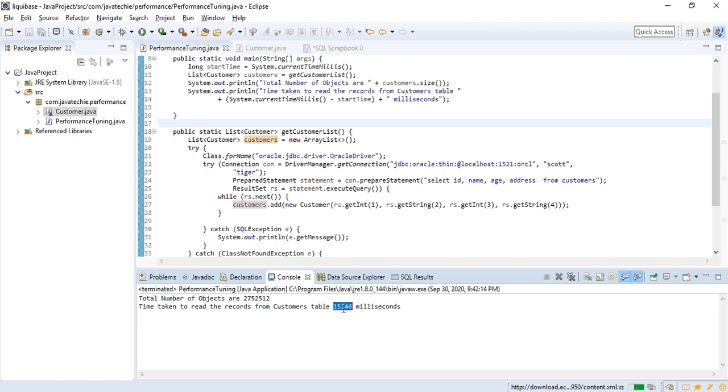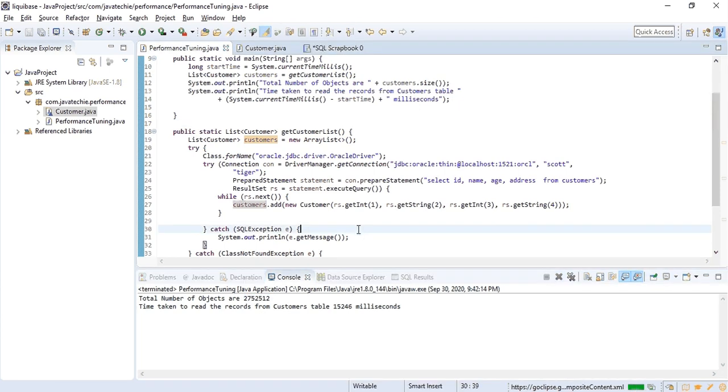Okay, now if you see here, it has taken approximately 15 seconds, and the total number of objects added to the list is 27 lakhs 52,512. So we successfully read the total number of records from the database.